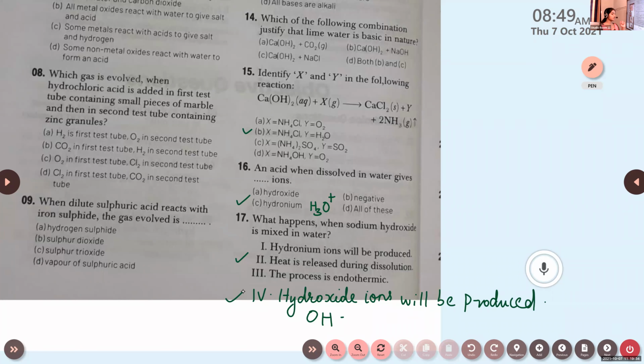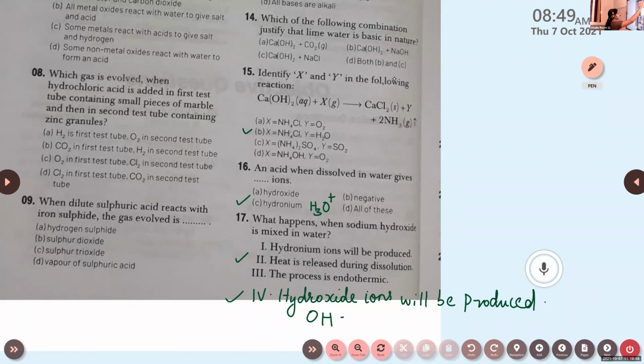Okay. Actually, the sodium hydroxide is in the form of small pellets, small tablets, white in color. When we are dissolving it in water and touch the bottom of the beaker, we can feel that the temperature is very hot. Clear? The reason is that these reactions are highly exothermic. They will produce heat energy.